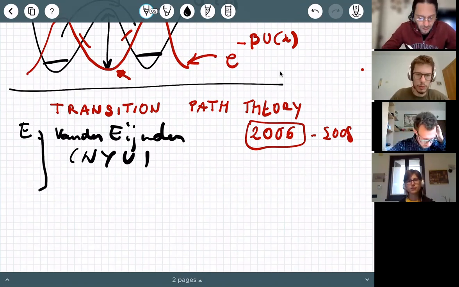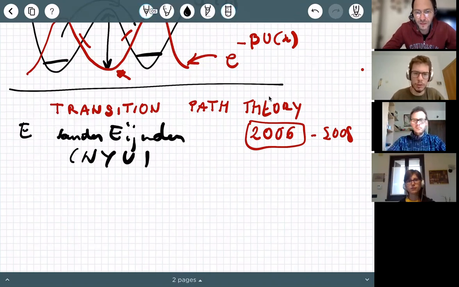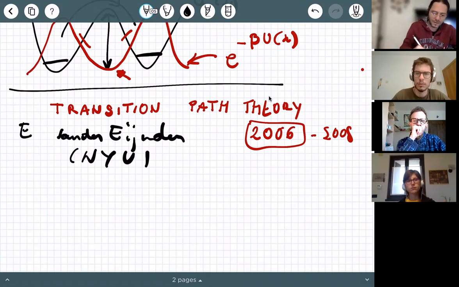So, what is this theory all about? It's a theory of transition pathways. The beauty of transition path theory is that it is structurally and conceptually homologous to Boltzmann theories of ensembles. And the idea is to define three main logical steps: define the ensemble,